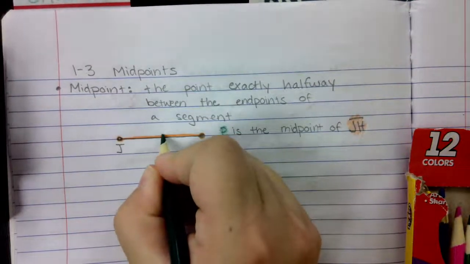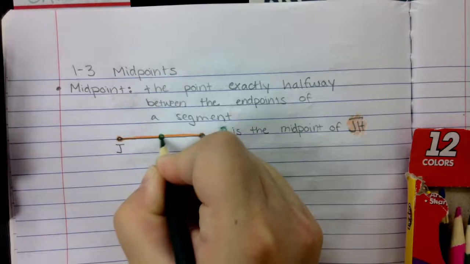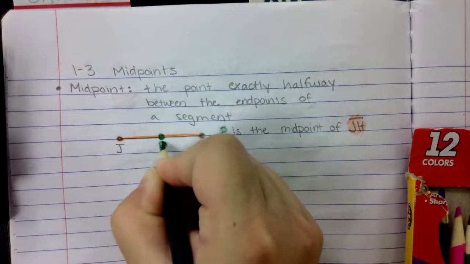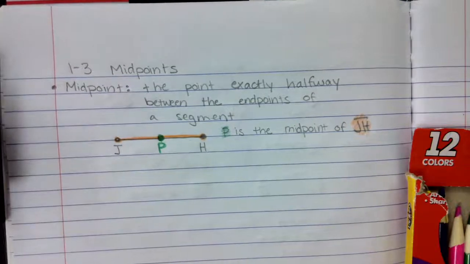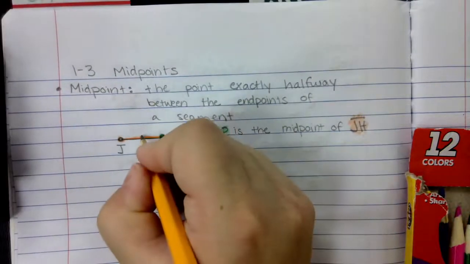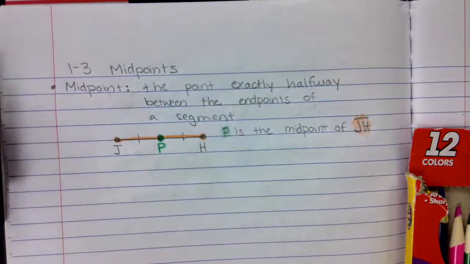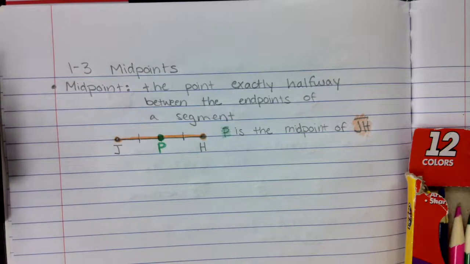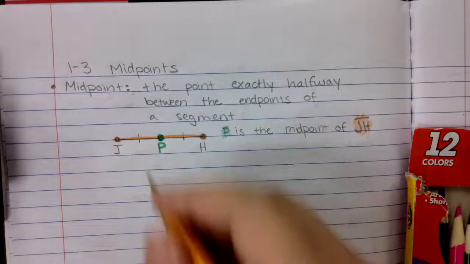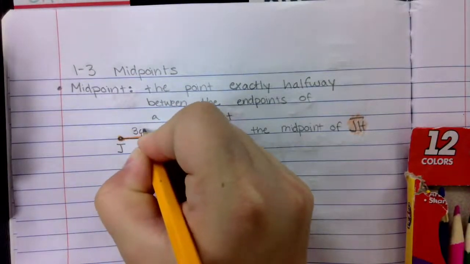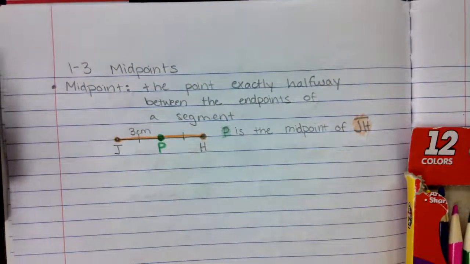So let's just say that this is like 3 centimeters. If J... What about the other side, and what's the name of the other side? Segment PH is 3 centimeters. And there's one more, the whole thing. Segment J to H is how long total? Add them, or you could do 3 times 2. Yep, either way. Okay, so we know then that JP, that first half of that segment,